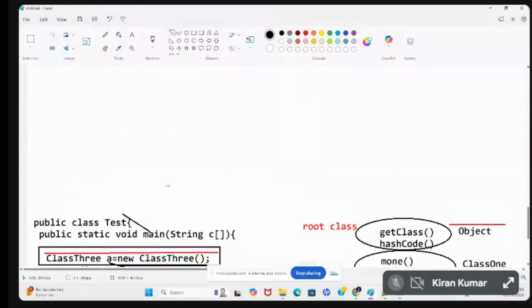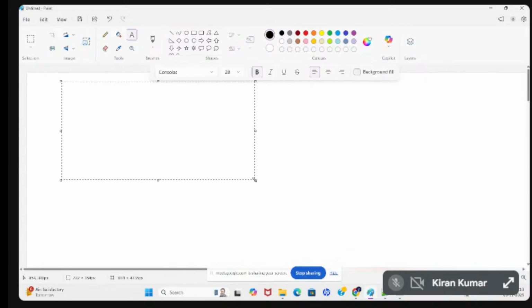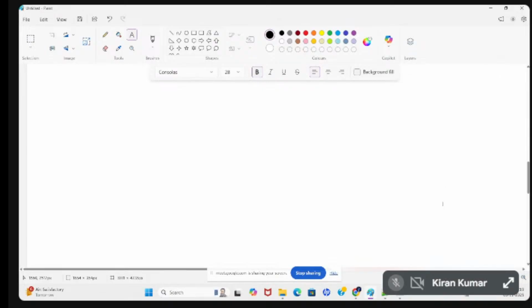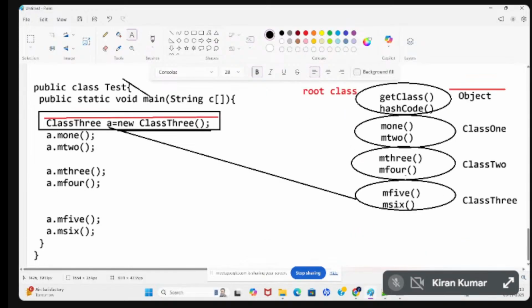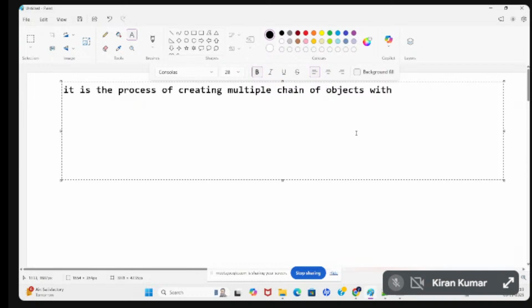So I can say inheritance is nothing but the process of creating a multiple chain of objects. You can see multiple objects got created. So it is the process of creating a multiple chain of objects,